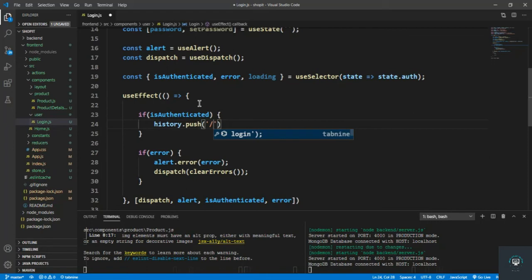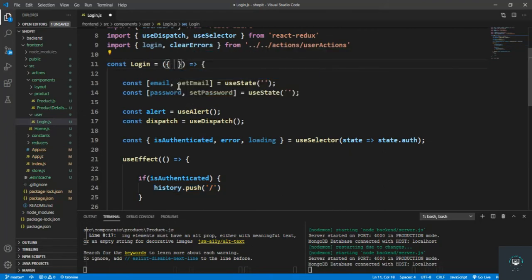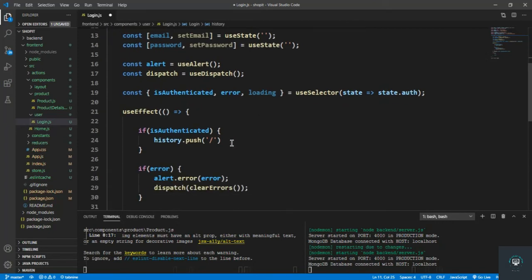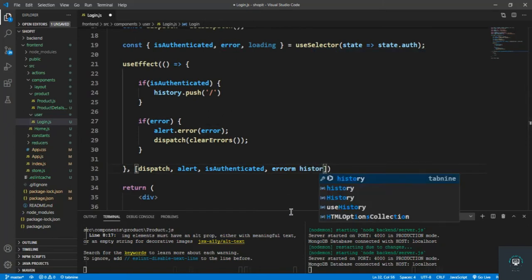Okay, for example, if the user is already logged in, we don't allow the user to go to the login page again. Okay, so we check that if it is authenticated, then we can simply push the user to the home page. Also I have to bring in the history, so I simply pull out from the props history. Okay, and so we have is authenticated here, error here. Let's also put here the history as our dependency, so history. Okay, and I think so now we can,